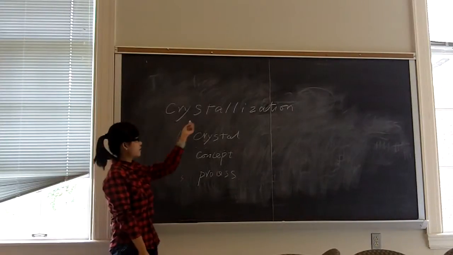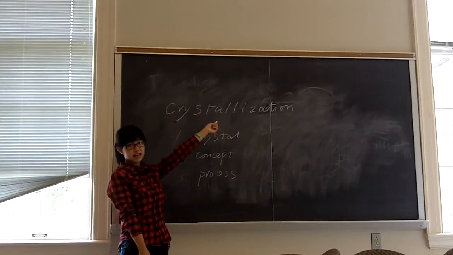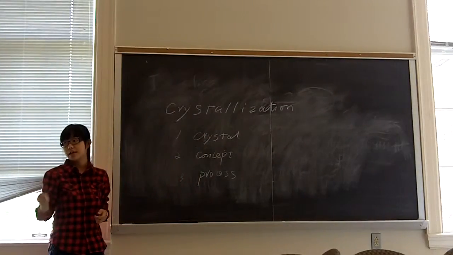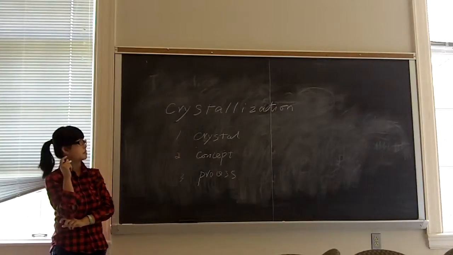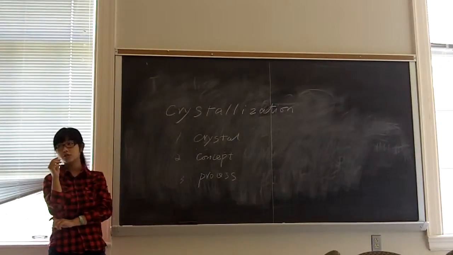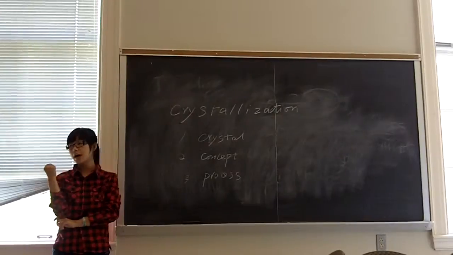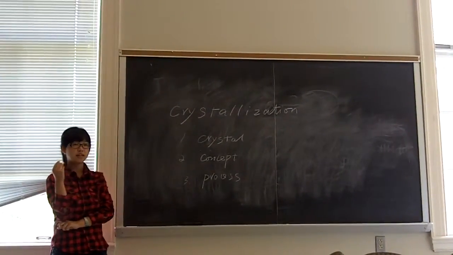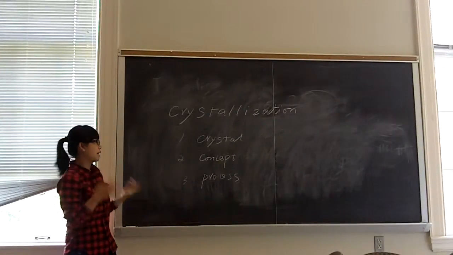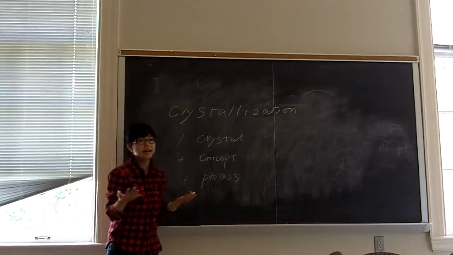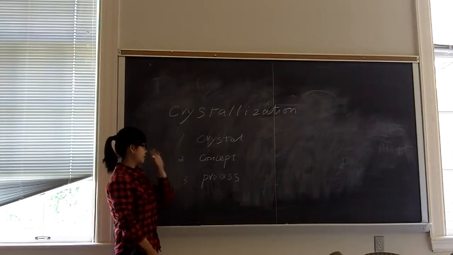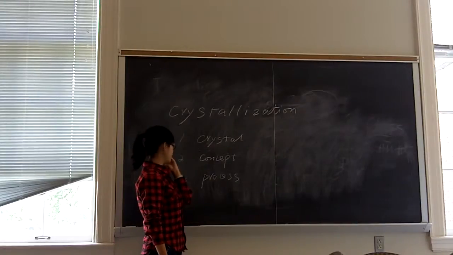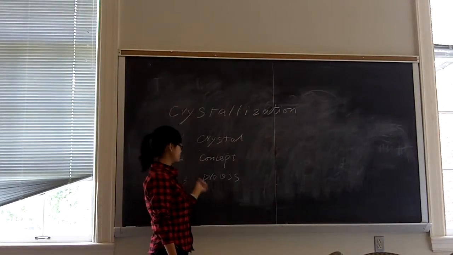So this is the process of crystallization, and sometimes we use this process to purify the solid. Since the early days of the alchemist, we can use the crystallization to purify a specific kind of solid, and this way is still used today to stand as the most useful way to purify the solid. So this is the concept of the crystallization, and I will give you a description about